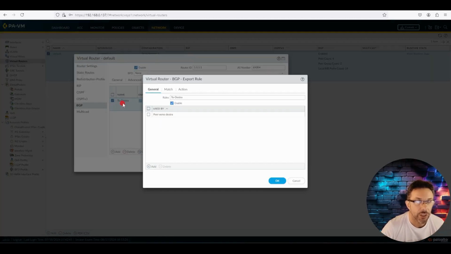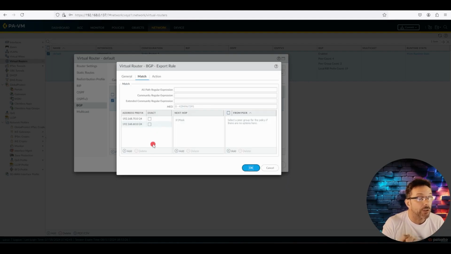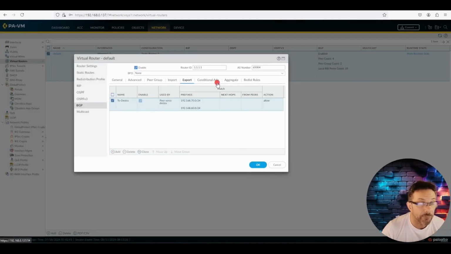For the match, here I will specify which particular networks I want to export. In this specific instance, there are two distinct networks, 70 and 60. Now, if you so desire, you also have the option to aggregate them together. Here, it would become a /19 subnet, which would extend from 60.0 all the way to 95.0, if my memory serves me correctly. I am just doing this entirely from memory, so please bear that in mind. But anyway, it should be a 0.0.19, sorry, a